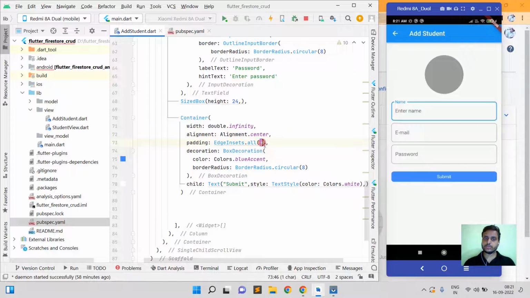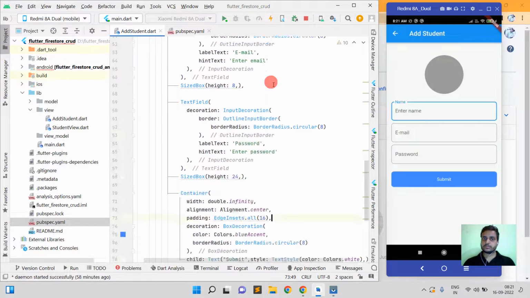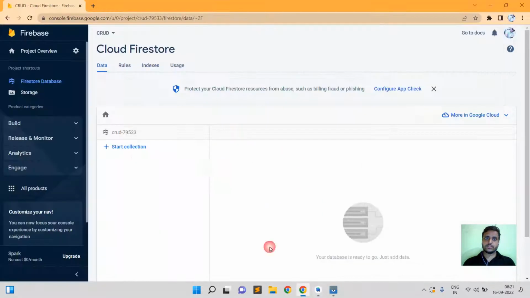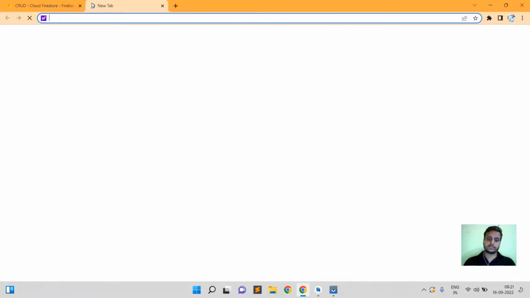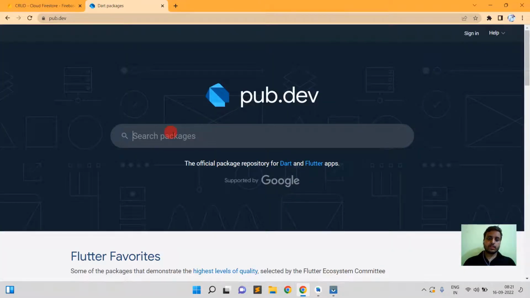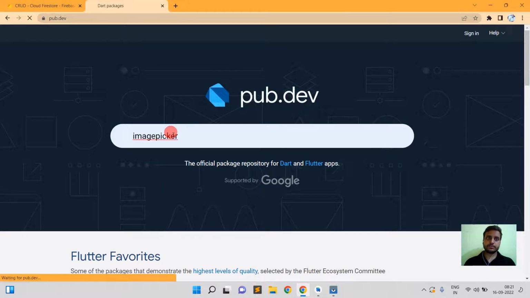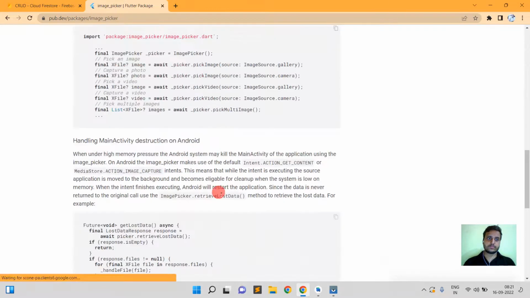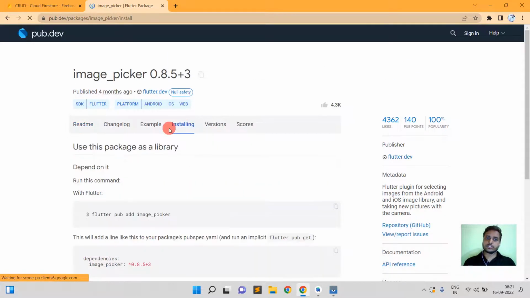Now I'm going to use some more padding here and just save this. Okay, now our button is also ready. Just go to the pub.dev website here and search image picker. Go to the installing section,